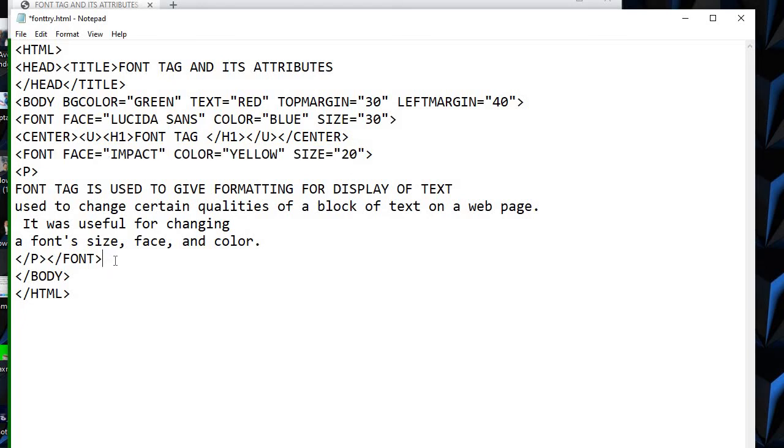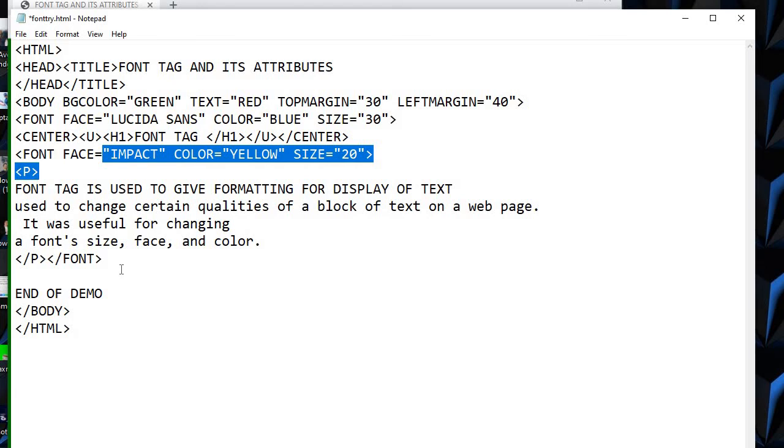Now suppose I write another line, end of demo. This last line that comes after slash P and slash font does not apply font at all, because after slash font, these three font attributes do not apply.